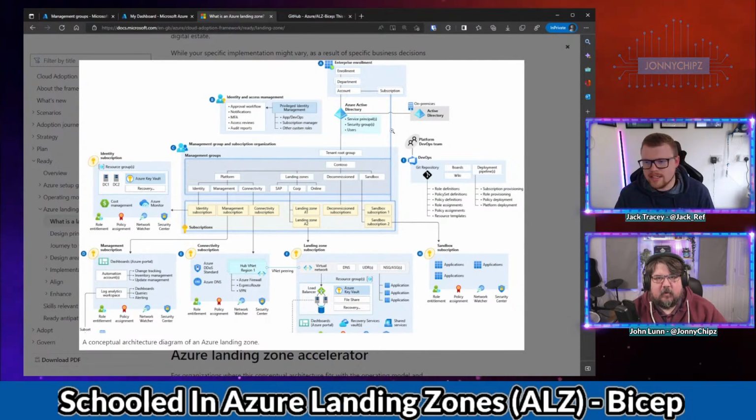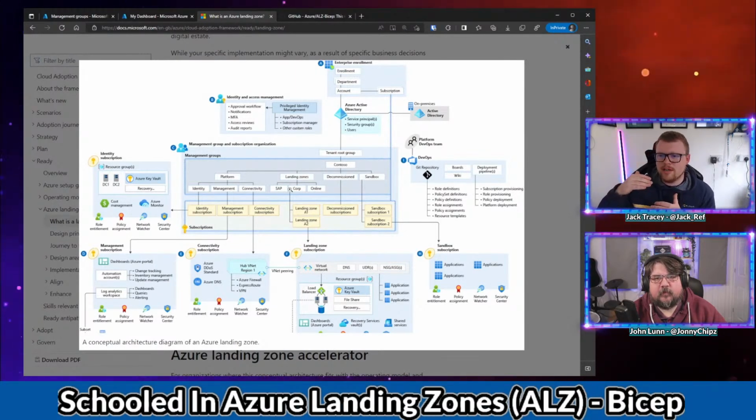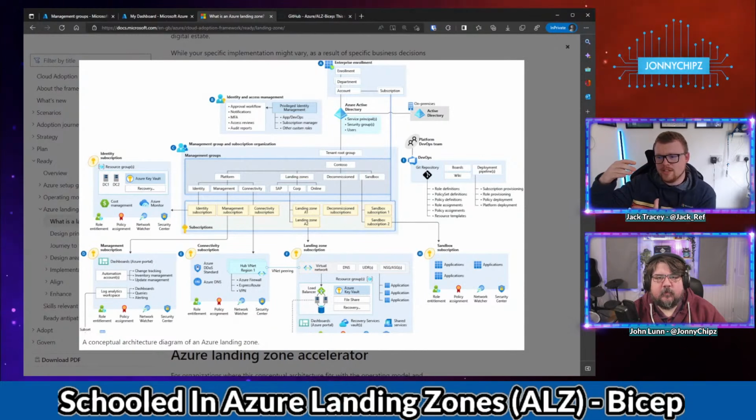But right at its heart, I think if we were to break Azure landing zones down to what it really is and what we're really trying to say, it's all around your management group hierarchy that enables you to assign policies and RBAC at a scalable level, and also at a level where your application teams, those landing zones beneath your subscriptions, don't have access to amend or play with, right? So you're building that segregation between platform teams and application teams,